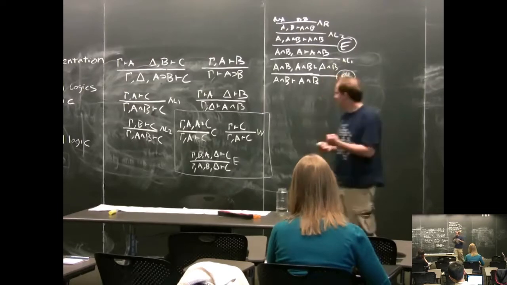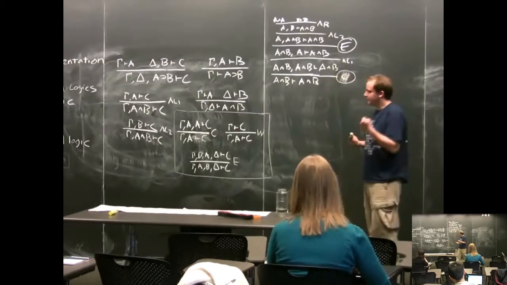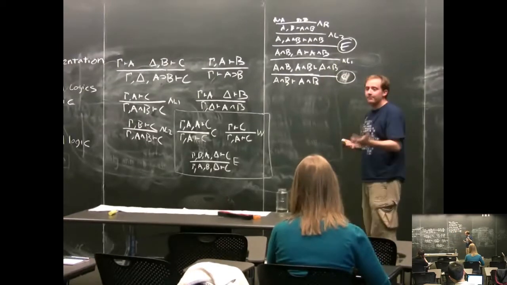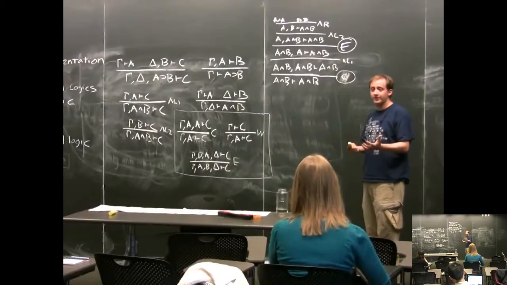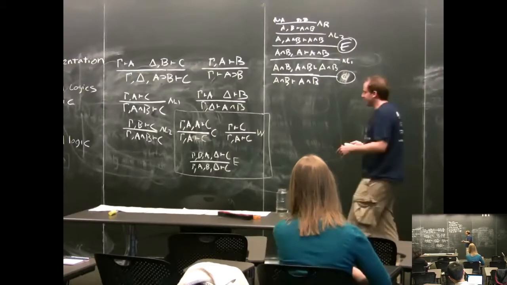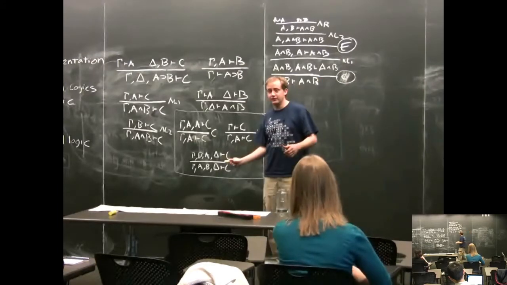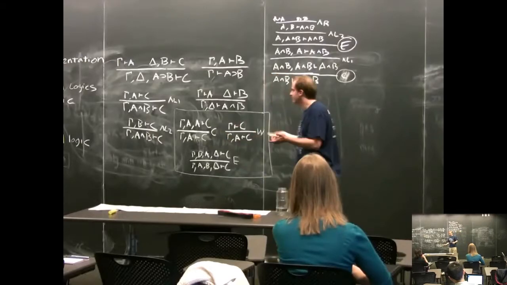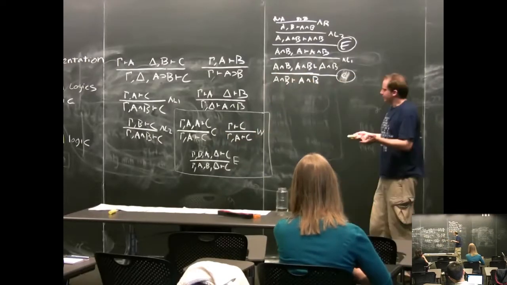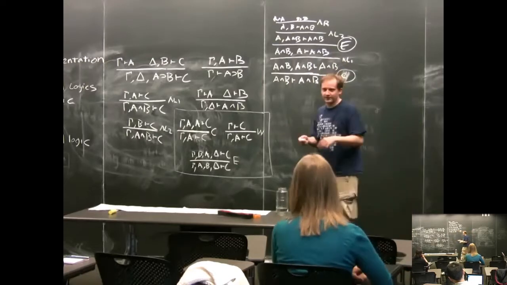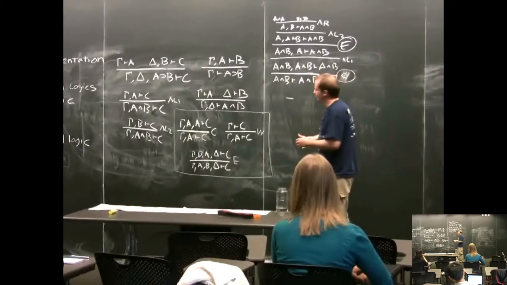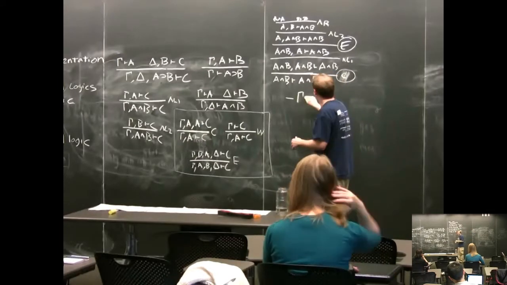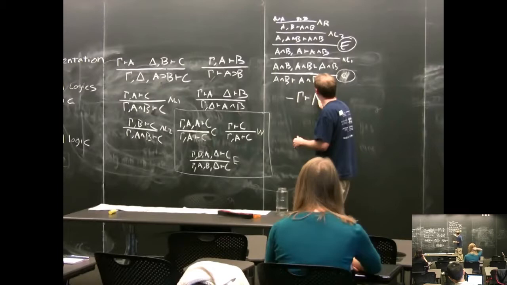One of the reasons that we don't tend to work this way is because we're interested, as we've seen this semester, in the computational meaning of the cut admissibility proof and the cut elimination rule. And if you actually have a sequent calculus with these rules and this discipline, and you need to prove cut admissibility, well, let's look at what might go wrong. So the statement of cut that we are, one of the statements of cut that we're used to, there are a lot of ways I could phrase this, but let's just go with the obvious one, that if gamma proves A, if,